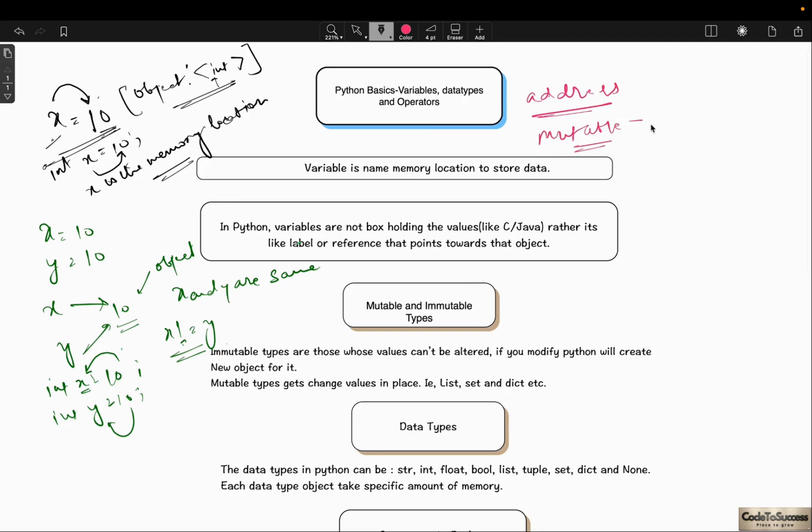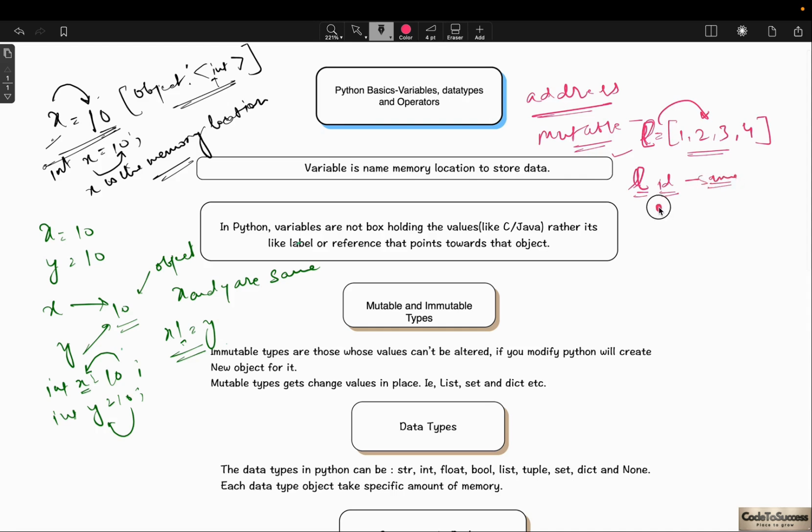For example, let's say I know you don't understand lists right now, but just for understanding mutables and immutables, say this is a list, this is how we define a list, and lists are mutable. As I said, L will just be pointing towards this list object. It's not that L is storing some address, it is just pointing towards this particular object. So if you print the address of L in this case, it will be the same